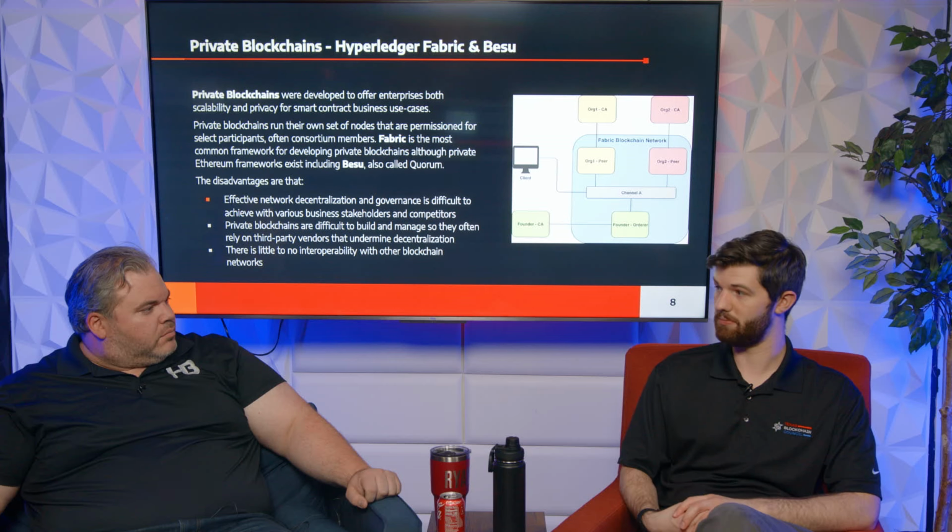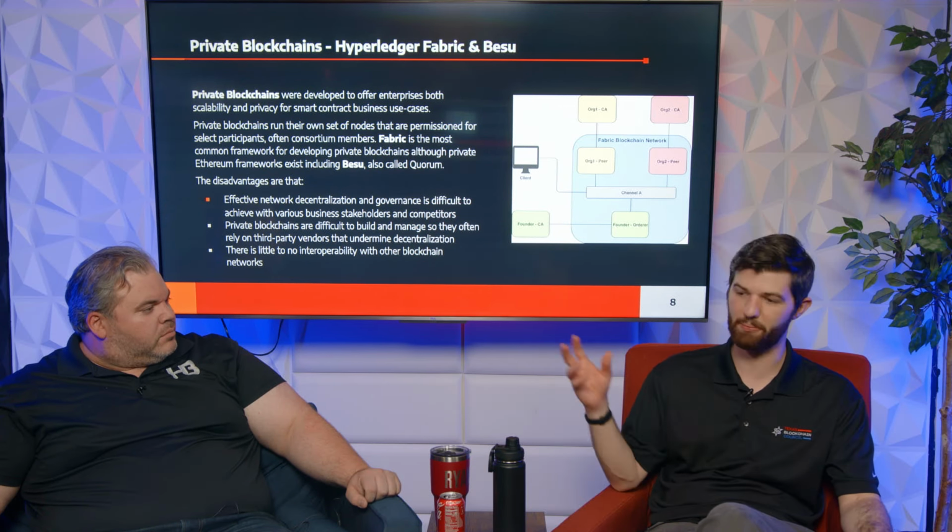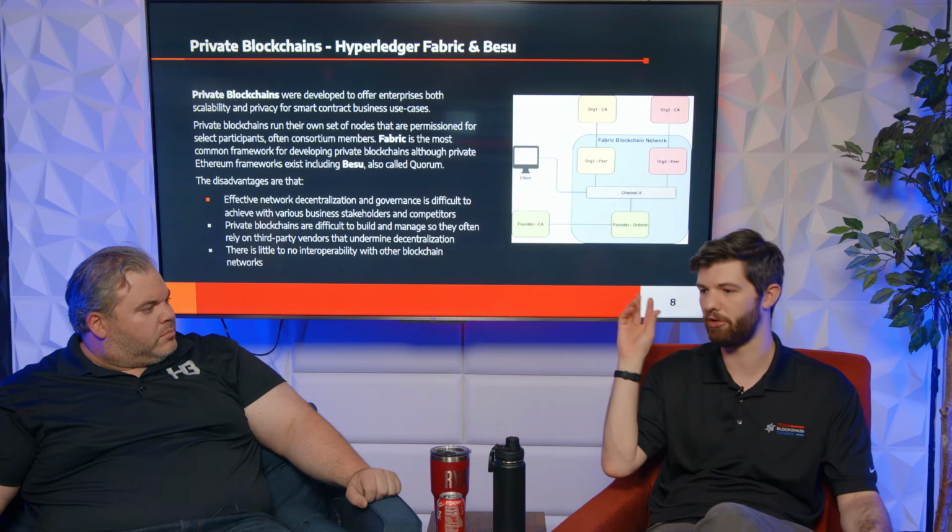And then the final, biggest problem is there's no interoperability with other blockchains. Like you build this IBM Food Trust, great. Well, I'd like to do a payment in Bitcoin, please. Well, there's no direct interoperability for that. You are going to have to create a bridge where you're bridging over the Bitcoin, or you're creating someone that you have to trust to custody that Bitcoin.